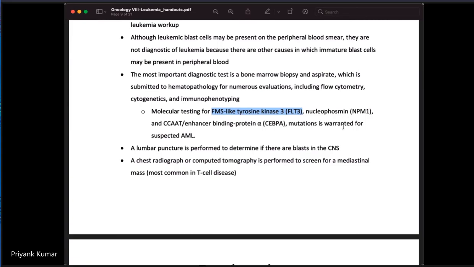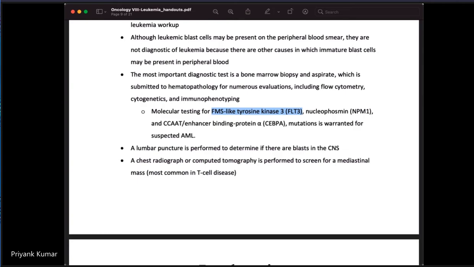Then comes nucleophosmin 1. So nucleophosmin is the gene that encodes a protein involved in several cellular processes, including centrosome duplication, protein chaperoning, and cell proliferation. The encoded protein shuttles between the nucleolus, nucleus, and cytoplasm, and chaperones ribosomal proteins and core histones from the nucleus to the cytoplasm, and it is also